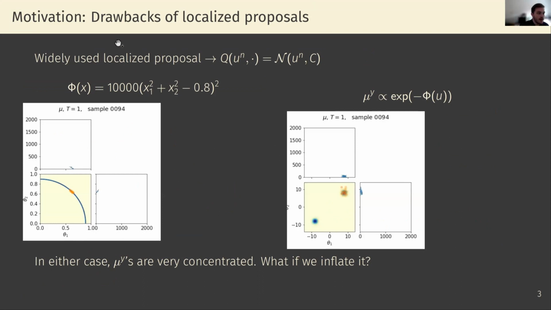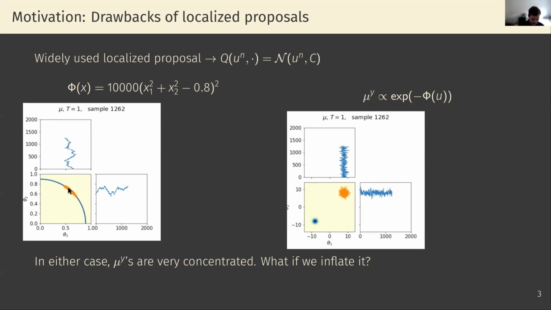So just to show the drawbacks of using localized proposals, which again are the most common type of proposals, if we consider, say, a random walk Metropolis type of proposal, so a Gaussian centered at the current state of the chain, and we have these pathological posteriors, we can see that the chain really struggles at exploring the distribution in both cases. So here it either has to take very small steps to keep in the region of high probability given by this blue curve, or if it takes larger steps, then it's quite likely that it's going to fall off the